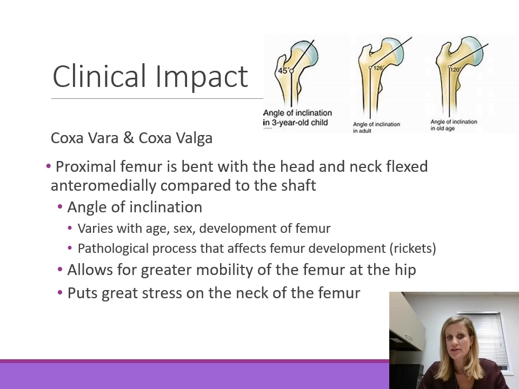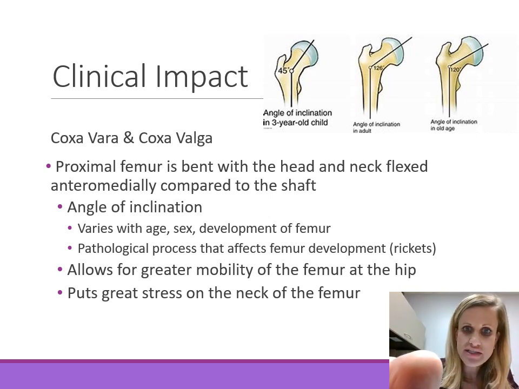Coxa vara and coxa valga have to do with the femoral angle of inclination, or the angle, the bend that's present in the proximal femur. The proximal femur is bent with the head and neck flexed inward, or anteromedially, compared to the shaft of the femur. Real quick, when you look at these numbers right here, this 45, there's a 1 that's cut off there. It's supposed to be